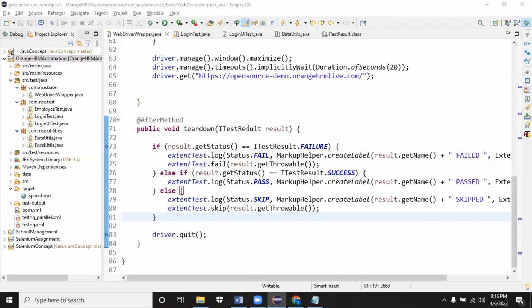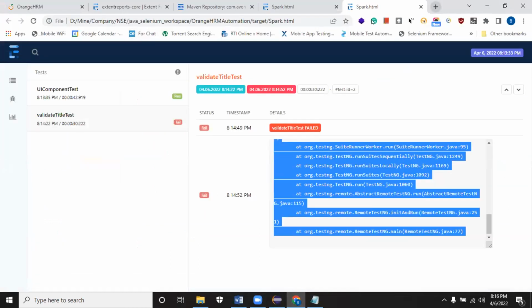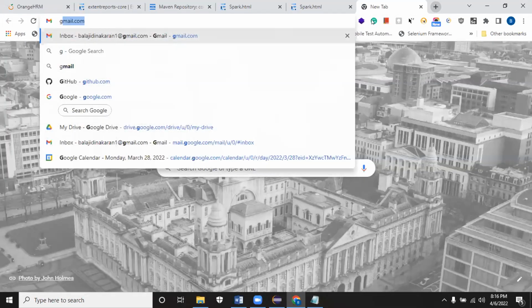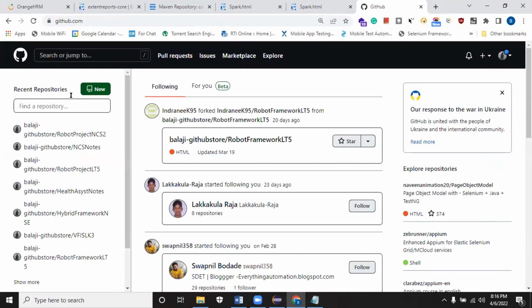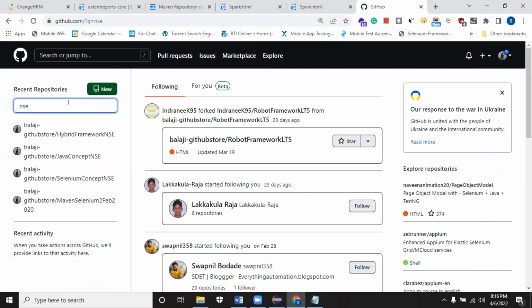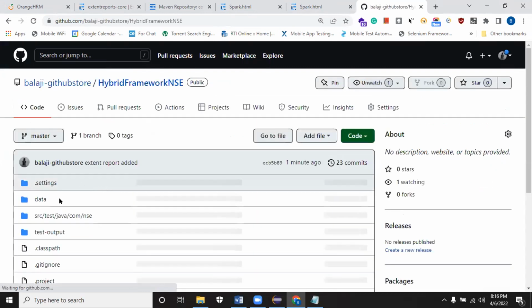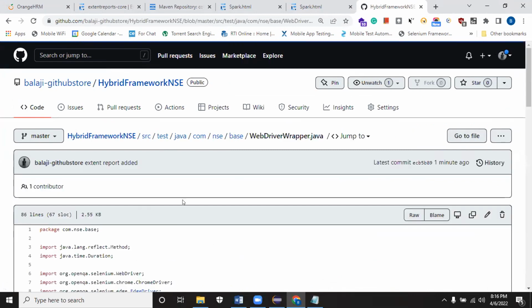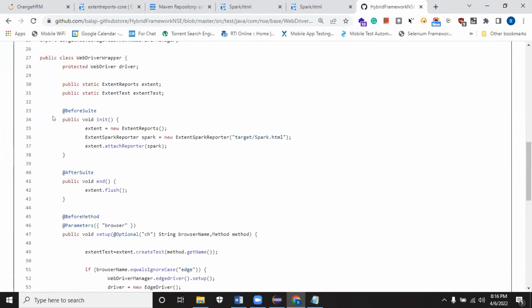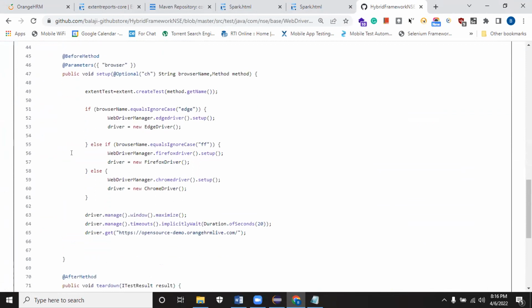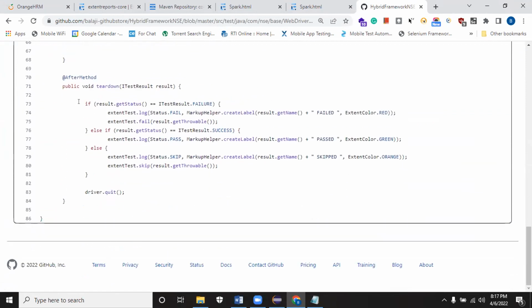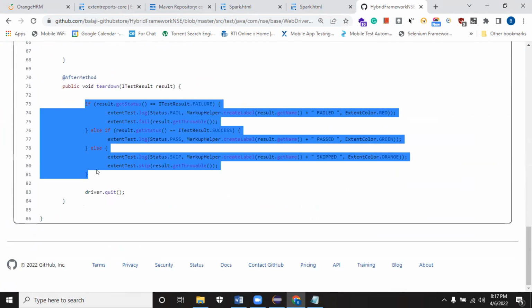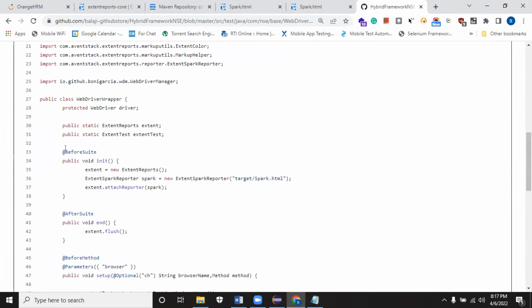Okay, fine. So I have updated the GitHub link. You can go to the GitHub link, and you can see the detail. You have to update the WebDriver wrapper. No need to sit and always work on the external report and all. Just understand the concept. Once you understand it, you can just add it. The rest of the things you have to sit and work on, like generating TestNG XML, working with TestNG XML and all. You need to practice. If you understand the external report, then if a requirement comes for changes, you should be able to change it. That's it.